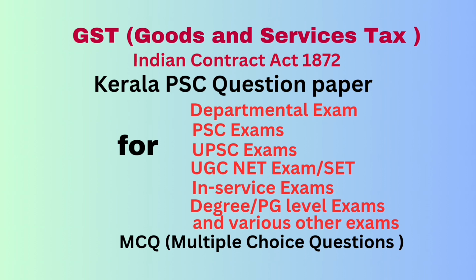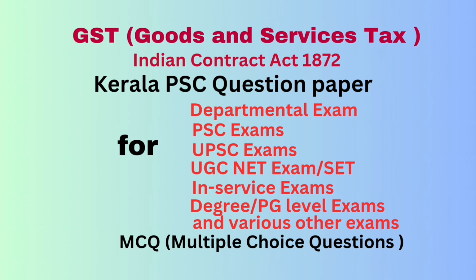Question number 18. Tax invoice has to include dash in accordance with the Central GST Act. Option A, description of goods. Option B, value and quantity of goods. Option C, tax charged. Option D, all of the above. Correct answer, option D. Question number 19. A person who is not registered is prohibited from collection of GST as per section dash in the Central GST Act. Answer, 32. Question number 20. A supplementary invoice can be issued for dash under CGST Act.